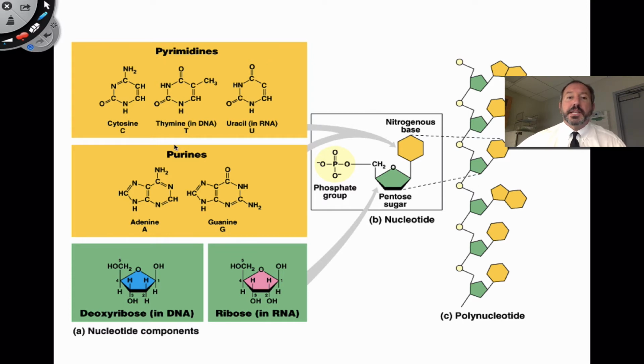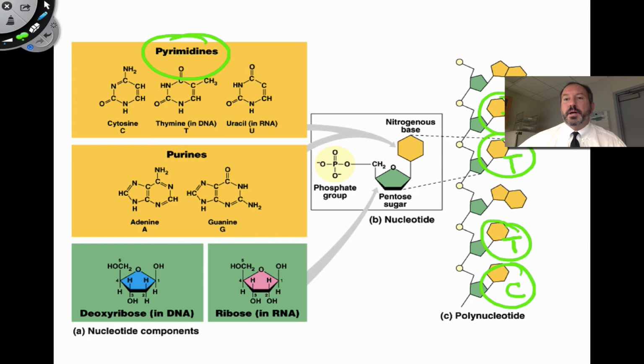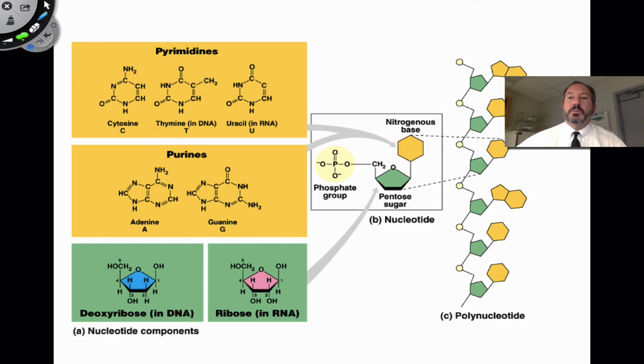So these are the 3 pyrimidines, and then you have 2 purines, which are adenine and guanine. Purines because they're double nitrogen base rings. Okay, so this is a purine, this is a purine right there. And the pyrimidines, I did a different color, we can say are the single ones right here. And so this one could be cytosine, this one could be thymine, this one could be thymine as well. So these are the single nitrogenous bases. Now if it's RNA, the thymine wouldn't be present, it would be uracil right there. And so that's what we're dealing with.